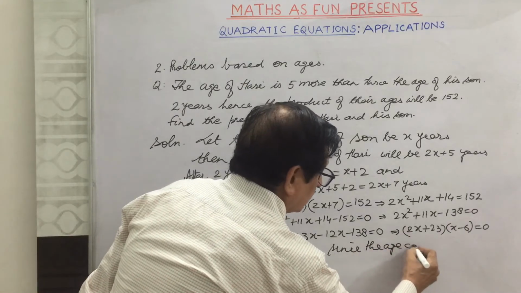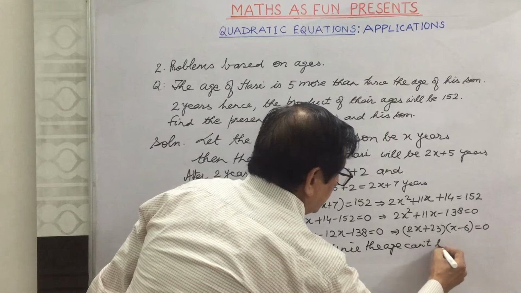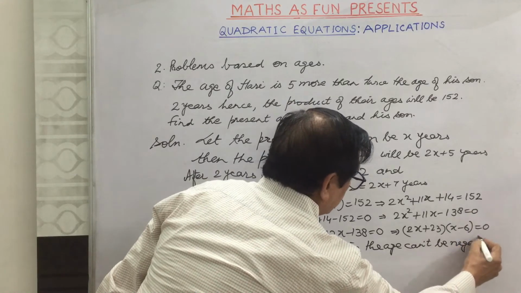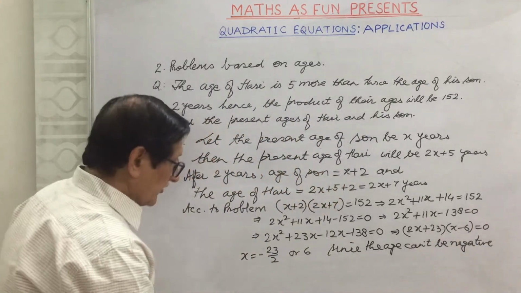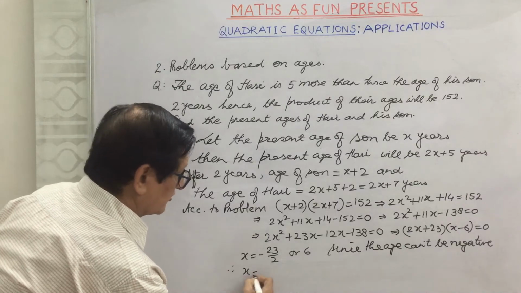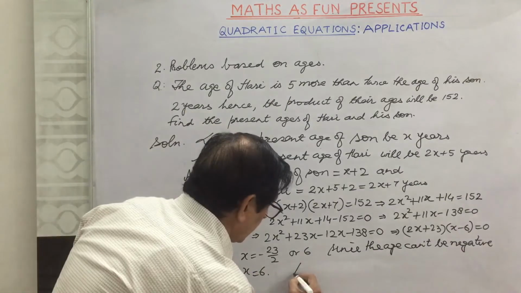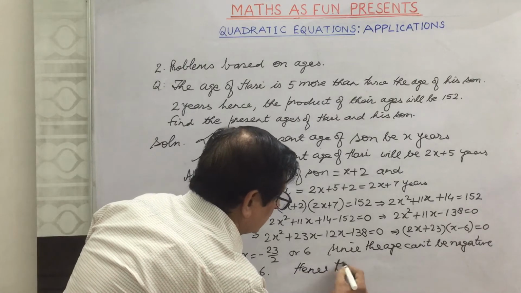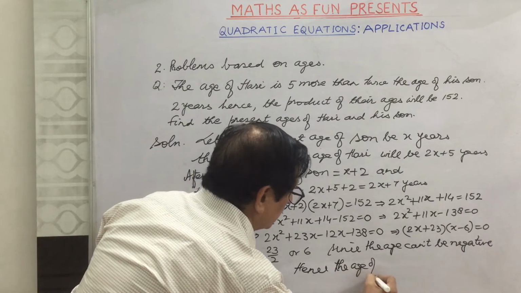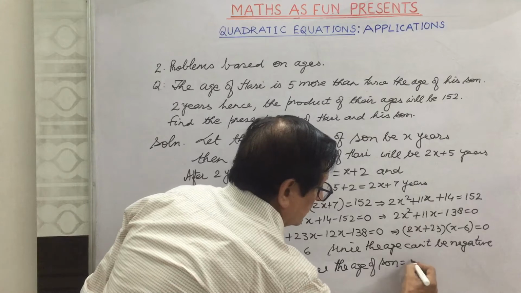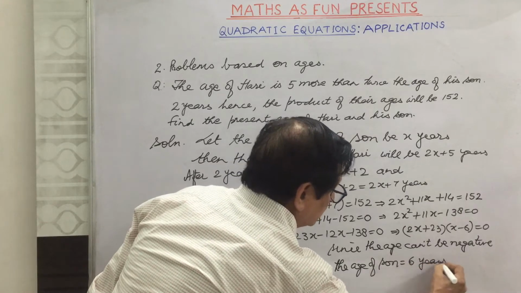the age can't be negative, therefore x is equal to 6 is to be taken. So we can write, hence the age of son is equal to 6 years,